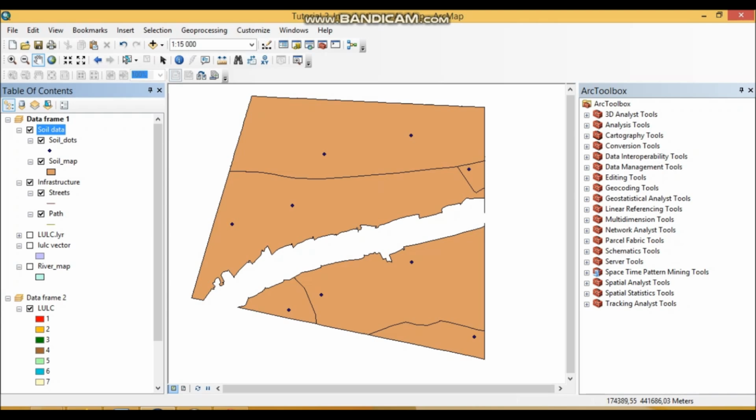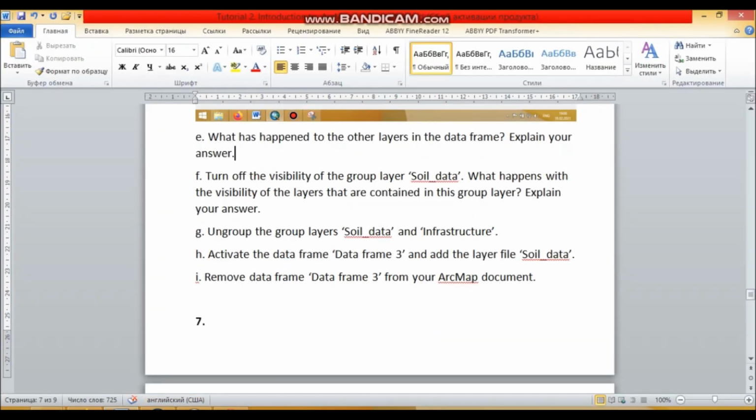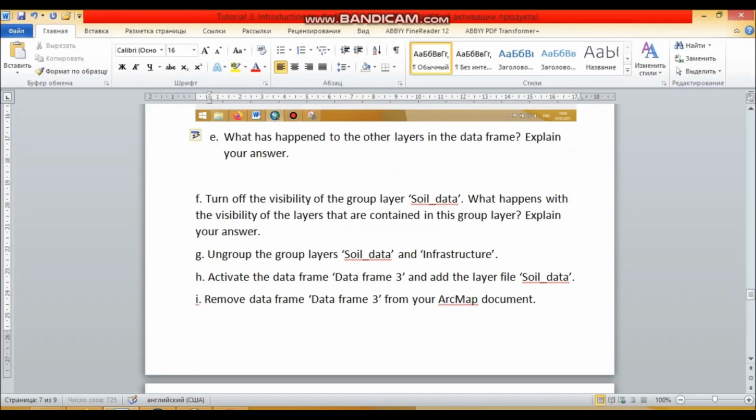But when you put a raster dataset or a polygon dataset on top, it covers and makes the other layers invisible. So the other layers are invisible now due to the soil map polygon that